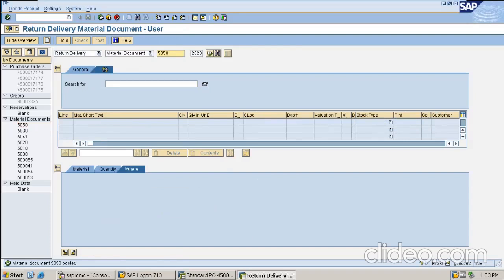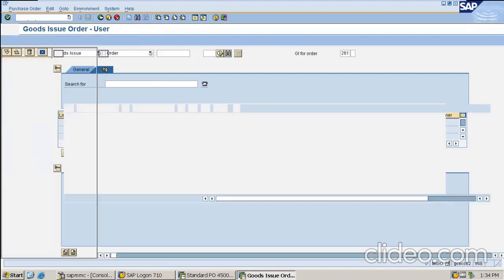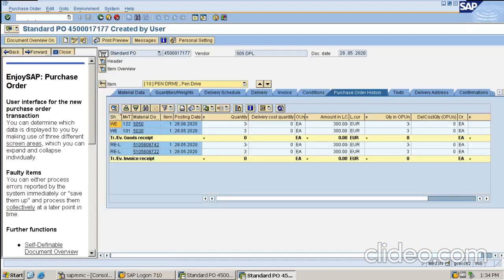SAP has given us the message. Now I'll display, and my new material document is 5050. I'm going to display the purchase order ME23N. It will show us all the details. Yes, the purchase order is being displayed perfectly. Material document 5050 is now posted here.